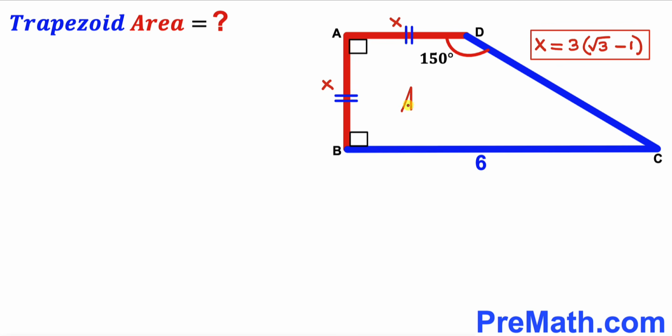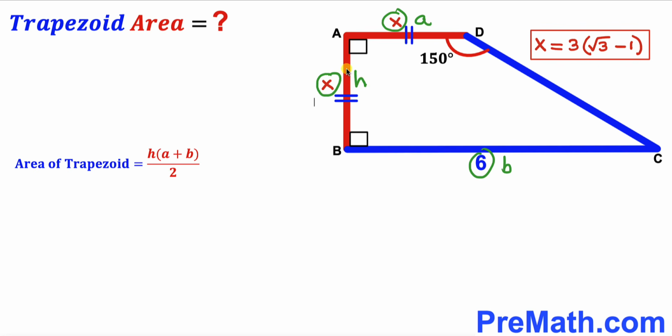Now we are going to calculate the area of this trapezoid ABCD. And now let's recall the area of a trapezoid formula once again. Area equals height h times the bases a and b, their addition, all over 2. And here we can see our base a is x, our base b is 6, whereas our height h is x. So therefore this trapezoid area is going to be our height x, which is 3 times the square root